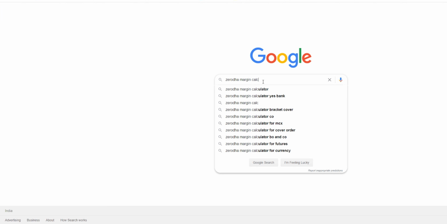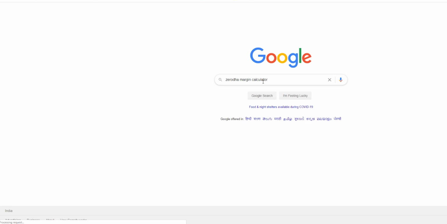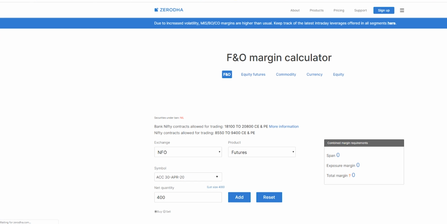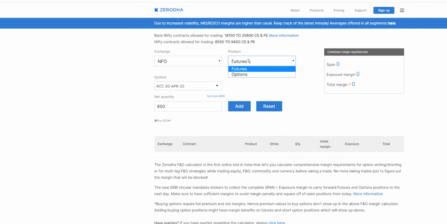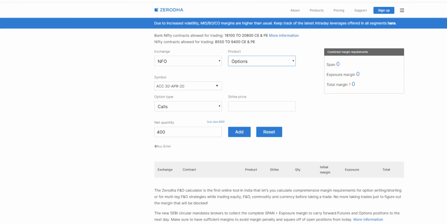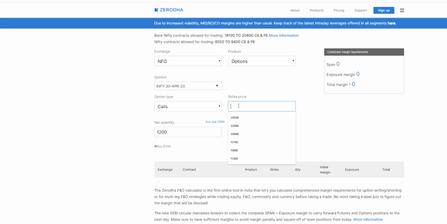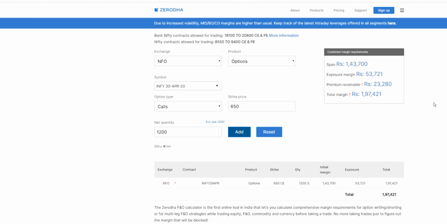So you can get my F&O margin calculator, the Zerodha margin calculator. Here you go, enter all the data and you will get how much margin you are paying. Here we are looking at options. Which option? Infosys, 650 call option. We are selling one lot. You click add. So for selling one lot of 650 call option, the total margin money is